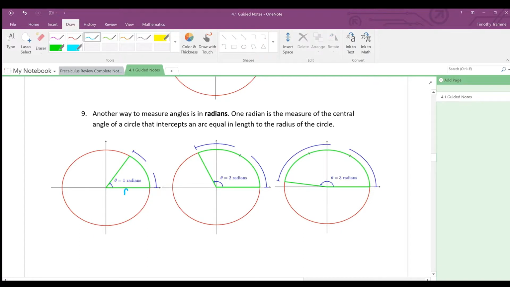Okay, and so what this is saying is 1 radian is equivalent to sweeping out an arc on this circle that's equivalent to the radius. Okay. And if it were 2 radians, it would sweep out an arc along this circle of length 2r, 2 times the radius. And if it were 3 radians, then we'd sweep out an arc of length 3r,